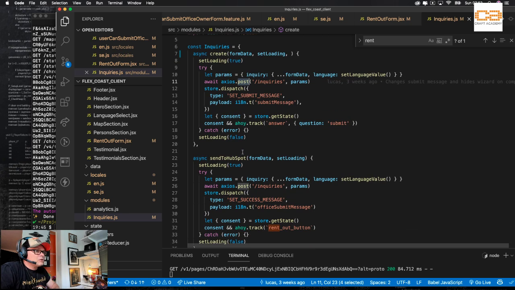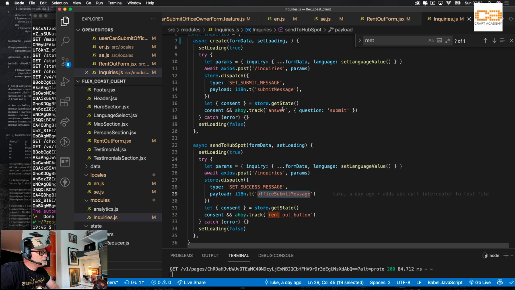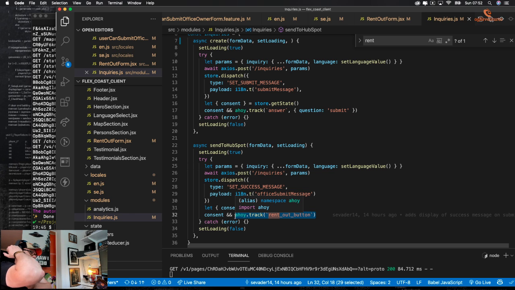The new form is also sent to the backend to the same path, but with slightly different settings. The only difference here is the submit message and the tracker, because we're tracking some stuff, right? It feels like I should be able to bundle them together, because otherwise it's unnecessary code repetition.